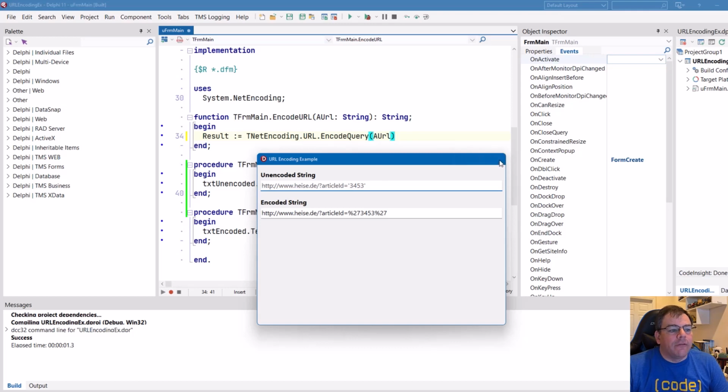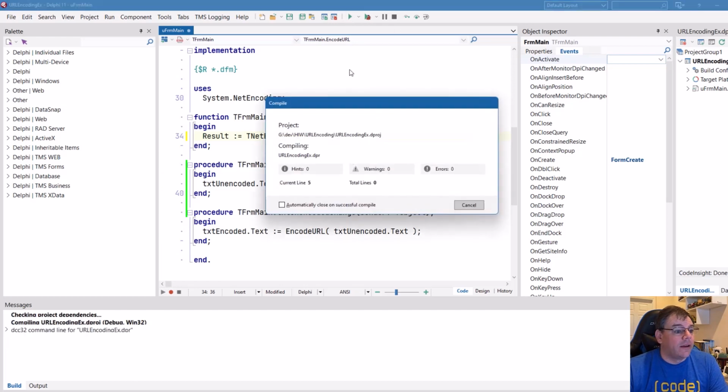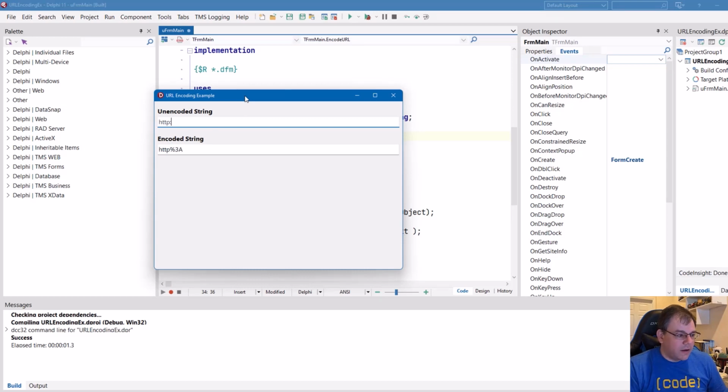However, be careful with EncodePath, but be even more careful if you just use Encode. And this is the one that is being documented, the only one that's being documented. Let's try that. And I think you'll be surprised what's happening there. So if you type HTTP://, you see everything is getting encoded by default. So that is definitely not the result that you want. That's why I explained to you the other options first, because this is definitely not the encoding that you want